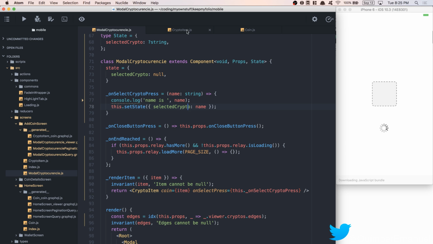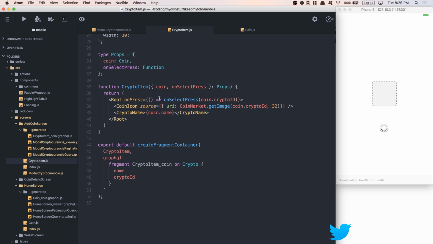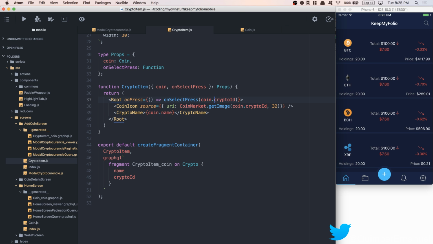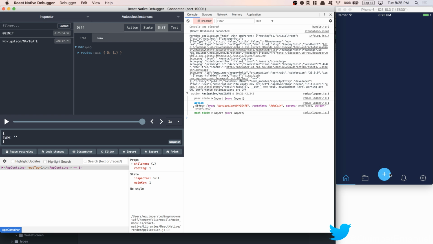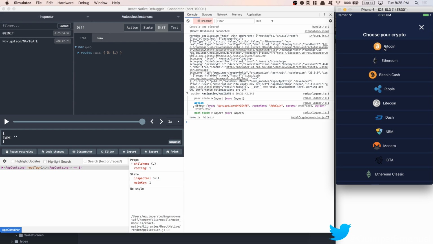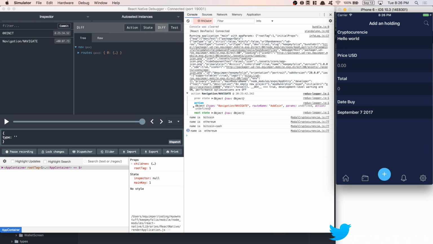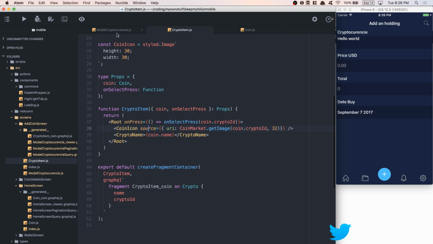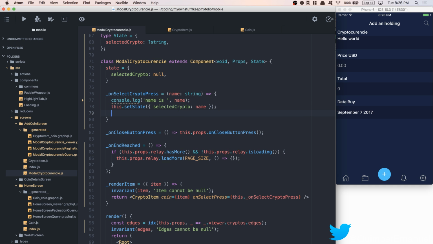I'm pretty sure if I do this select crypto here, this press, this function here, when I pass it, oh man, this app is really slow on debug mode. Now I click here, and now if I click, name it's Bitcoin, name it's Ethereum, name is Bitcoin Cash. Yeah, this thing it's working right now, but the thing is, okay, so now what I think is make this thing